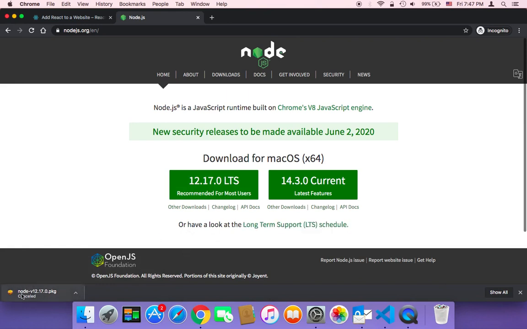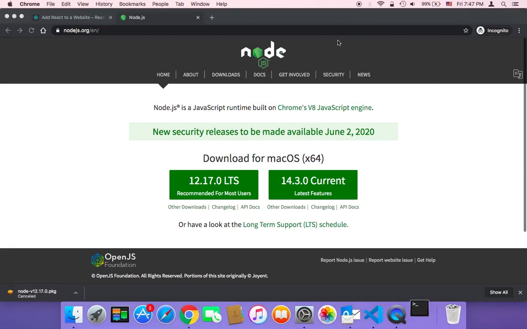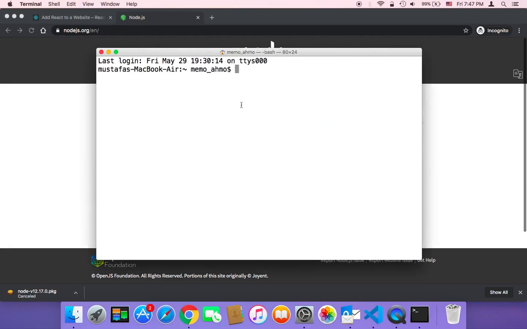And after you download Node, just open it and install it on your system. It's self-explanatory, nothing difficult here. All you need to do is to click on a few of next buttons and it's going to install Node for you. Next, you need to open your terminal if you are using Mac, or if you are using Windows,